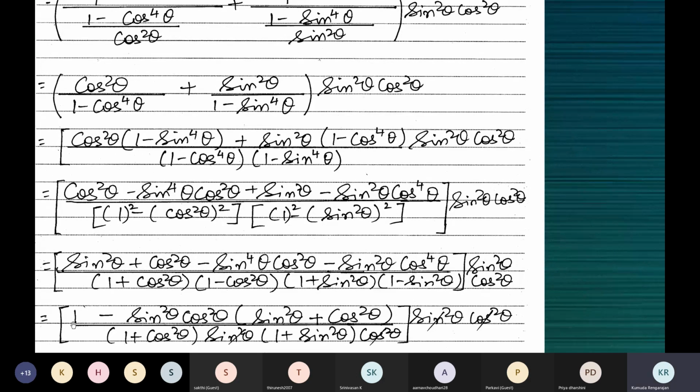So the next step, this is 1. We take out this minus here, so minus sine square theta, cos square theta is common. So sine square theta into sine square theta, sine theta to the power 4. So this is what you get. Plus, because minus into plus is minus. Minus is outside here. Minus into plus is minus. So plus it is here, not this minus sign down. Minus into plus is minus. So you'll have to put a plus sign here.